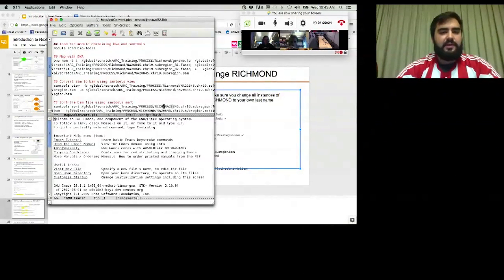Again, the next part of the script after the bwa mem command, we are going to produce this SAM file, and then using SAMtools view,